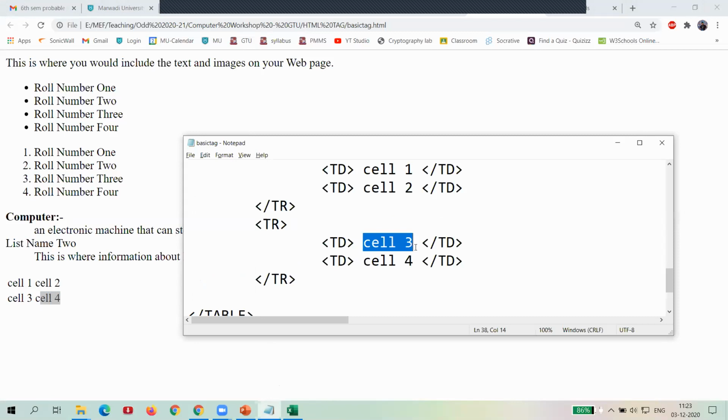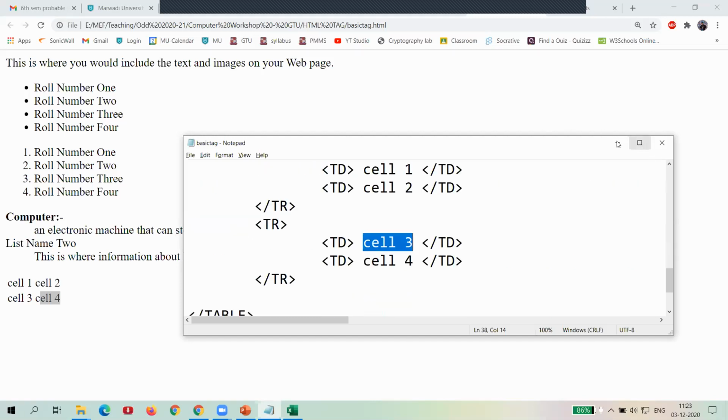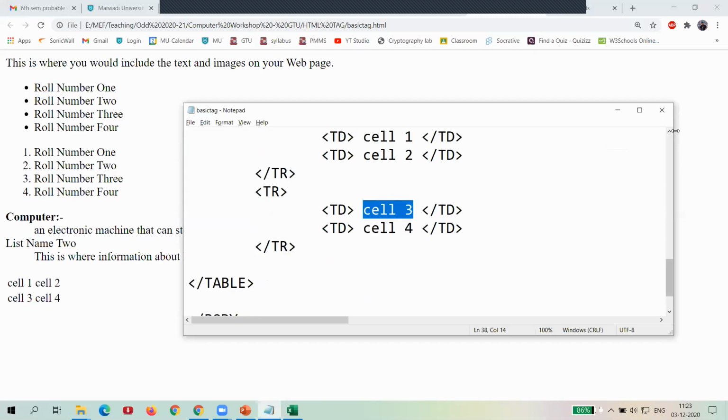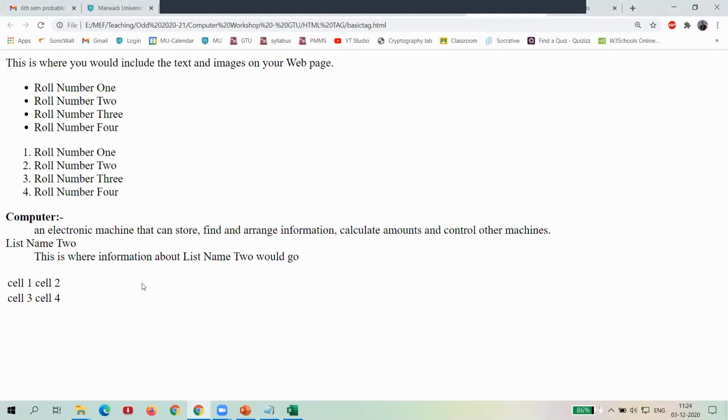Now you can see that without a border, it's not like a table. So we also create a border for that table. You have to write it with the table tag. After the tag, add the border attribute, and the input we take is in pixels. For example, if I say border equal to 1, it creates a one pixel border.